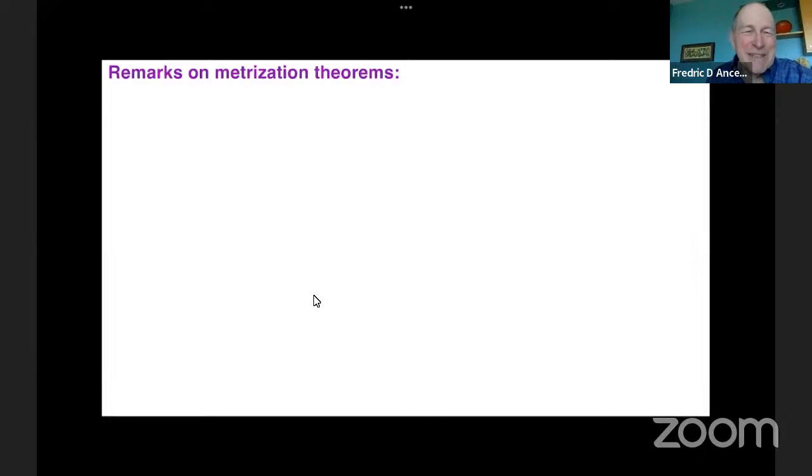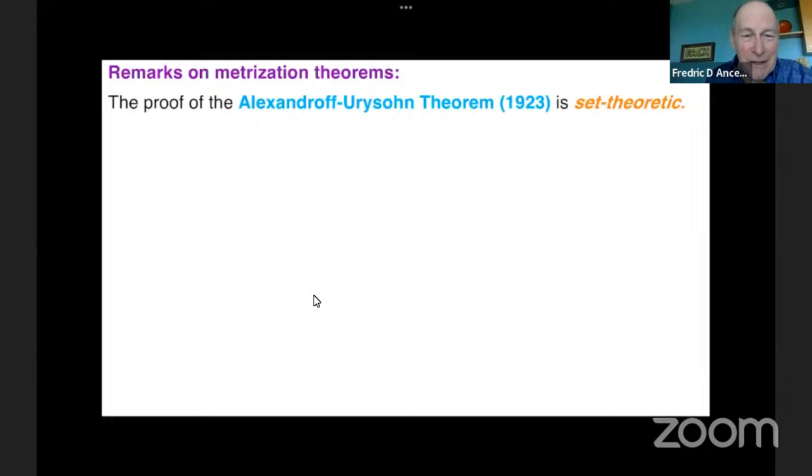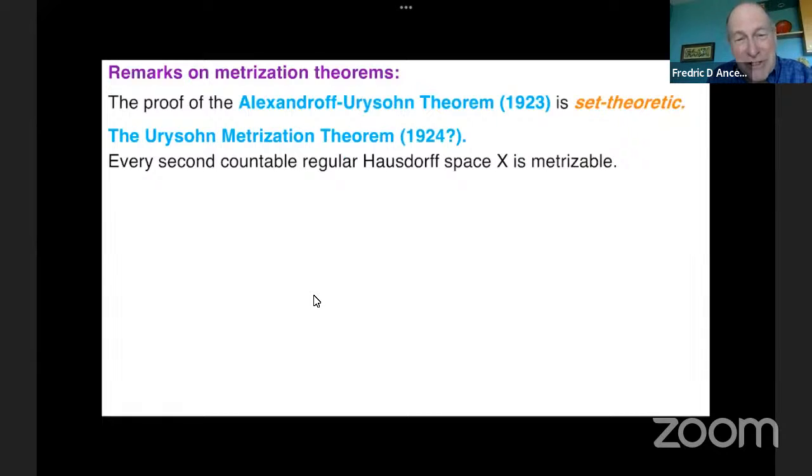But okay, so I want to make some remarks about the metrization theorems I'm aware of. Well, the one I was just talking about, the Alexandrov-Urysohn theorem, I might characterize the proof as set theoretic. You build the function using properties of the sets. But then there's this Urysohn metrization theorem that I put a question mark by the date because I wasn't exactly sure when it was proved. This is about when Urysohn died, I think, in 1924. But anyway,